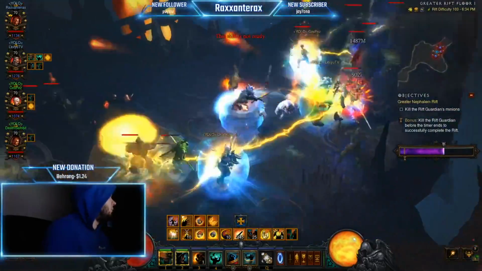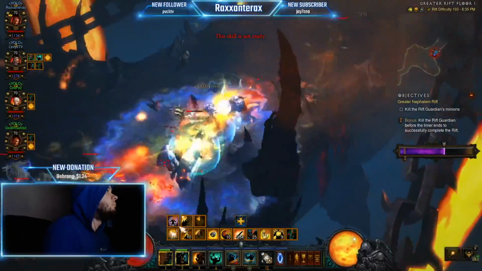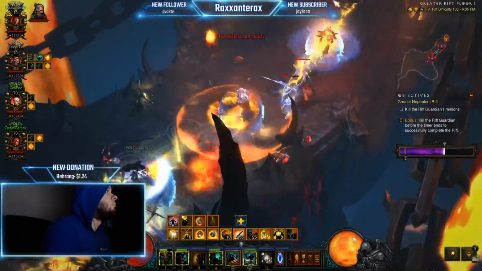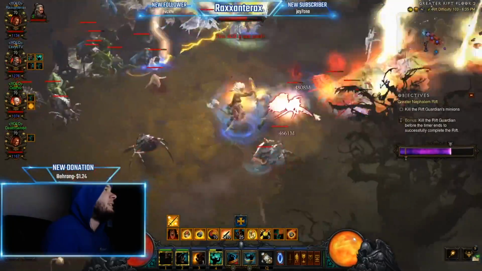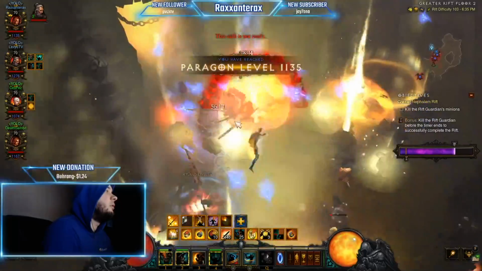Now, one possible alternative to this comp is you could bring a Demon Hunter, an Impale Demon Hunter, who's very good at killing elites because Whirlwind Barbs are mostly good at killing trash, and that would synergize very well instead of two Whirlwinds. One thing to pay attention to here is we are very quickly approaching the 500 kill mark,